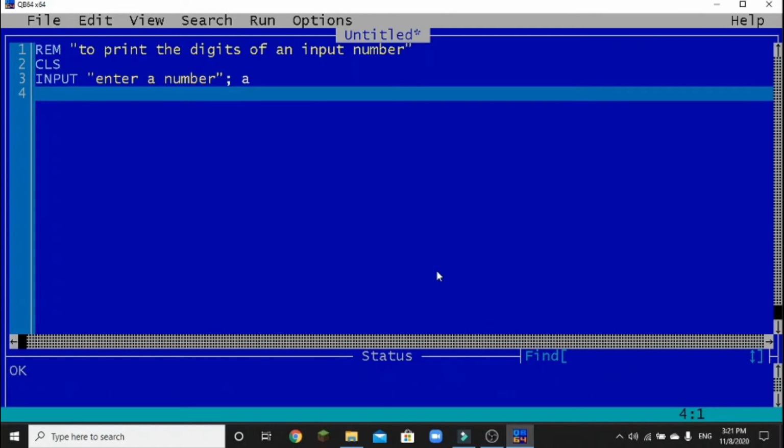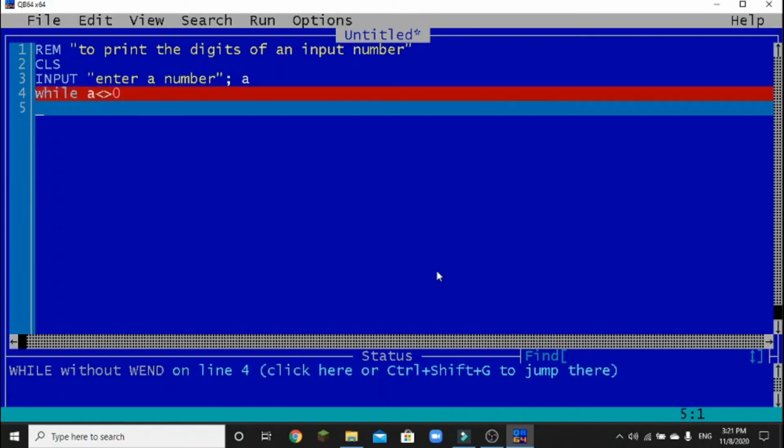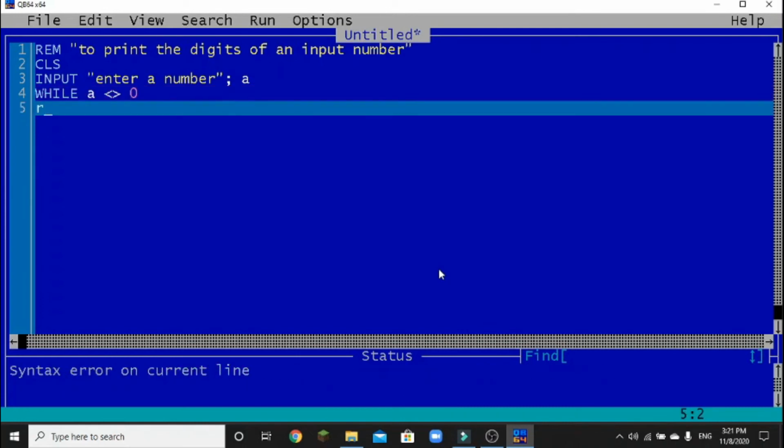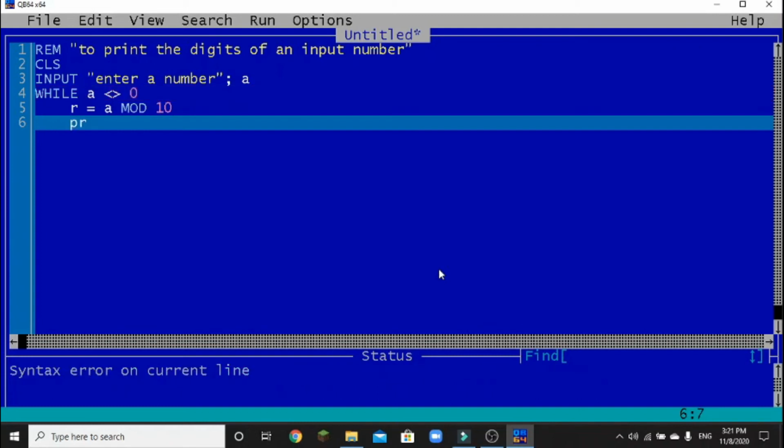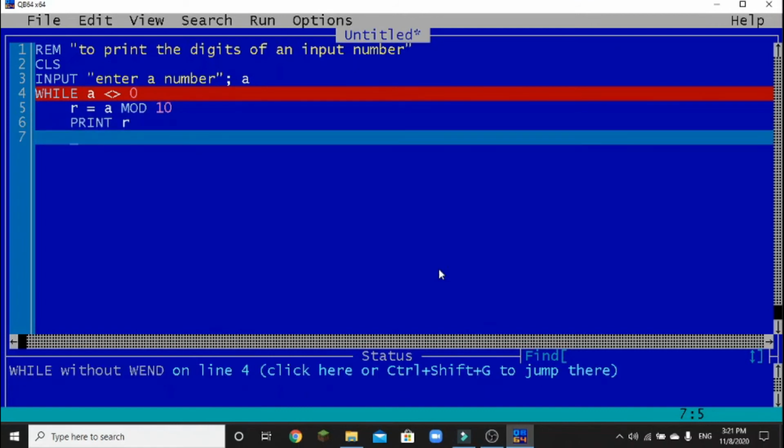Now you have to use a while loop. While A is not equal to 0, then you have to take the remainder R is equal to A mod 10, so that the last digit you can get in the variable R, and after that you have to print R, and the value of R is the last individual digit of that particular number.